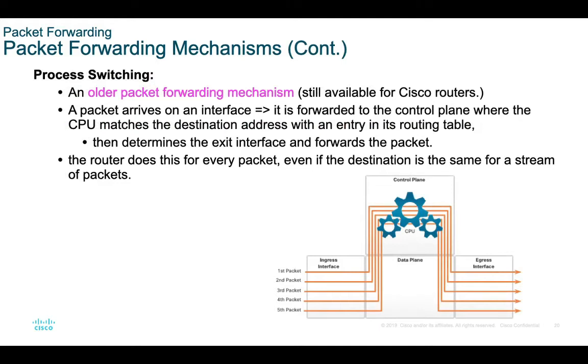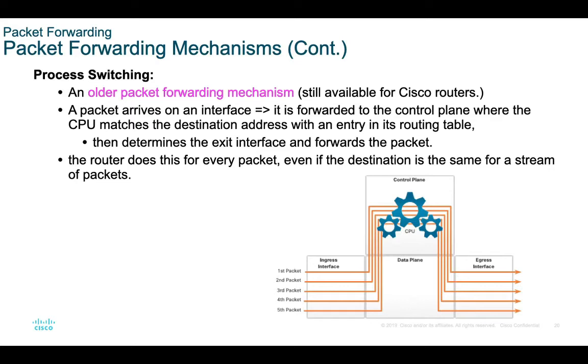Okay, process switching is an older packet forwarding mechanism but still available in the Cisco router. Why is it available? Because we still need to use process switching, at least for the first entry. When a packet arrives on the interface, it is forwarded into the control plane, where the CPU matches the destination address in the entry of the routing table,